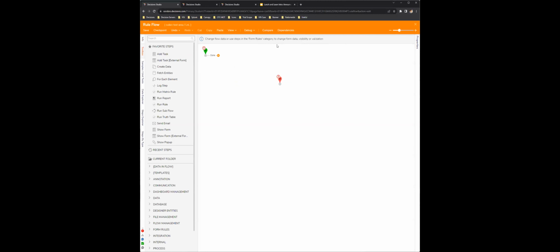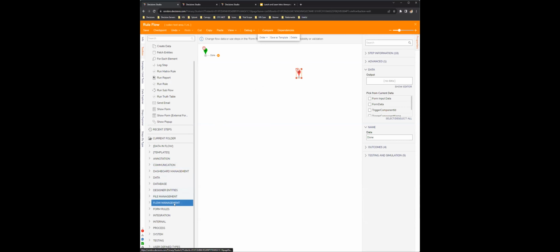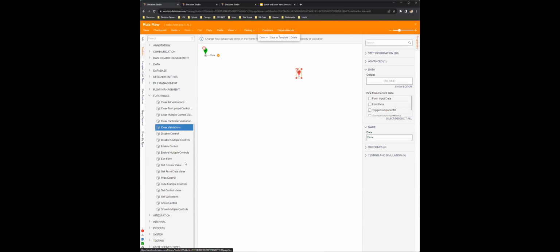So from here, we now have two things. We have the items that the user has selected, and then moving those items into the second data grid. So for us to do that, if we're just moving the items and not deleting them, we just need one step here. If we go to our form rules and we set control value,